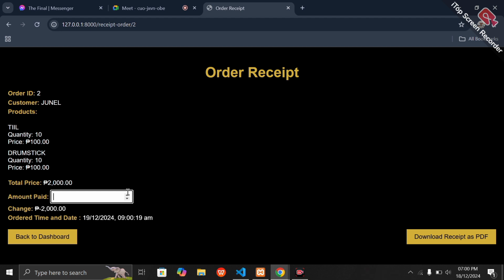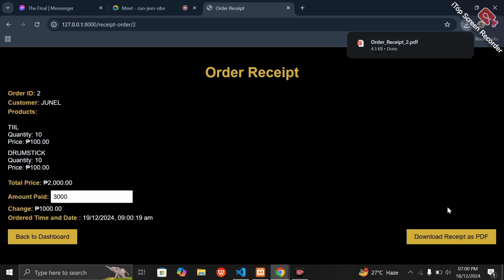Once you create order, you proceed to order receipt. Let's put amount Nel 3,000. So you can see your total change 1,000 pesos, and you can also download receipt into PDF.